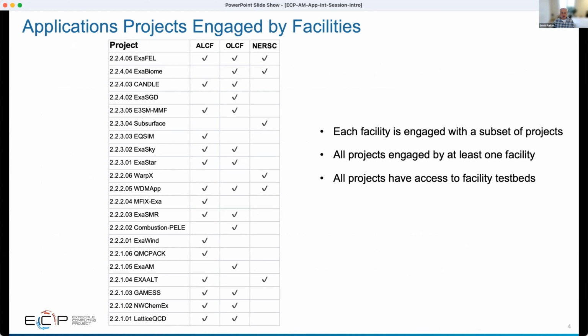This table shows the engagements that we have with the AD projects across the three facilities, and you'll note that no facility is working with all of the AD projects. We unfortunately just don't have the money, and even if we had the money, we probably couldn't find the staff to do that very easily, because it's really hard to find people who are good in this role. And so, there's a distribution of engagements across the facilities. However, every project is engaged with at least one facility, and in many cases they're working with two, or in a few cases three